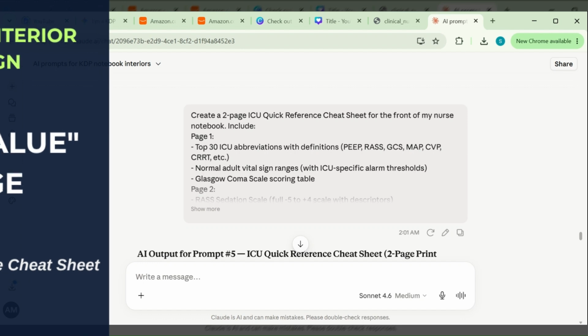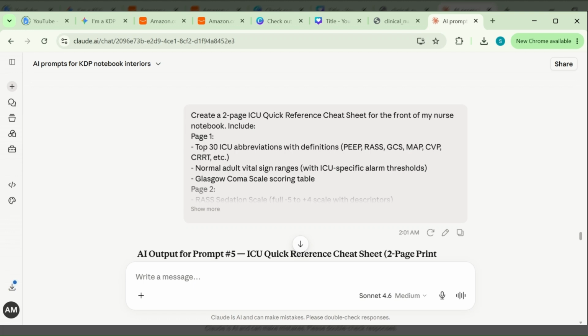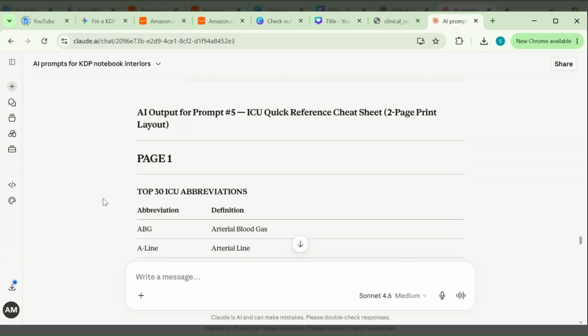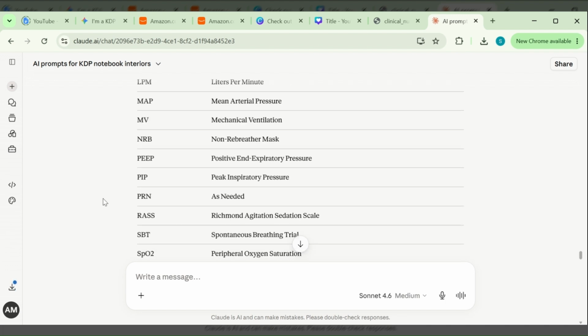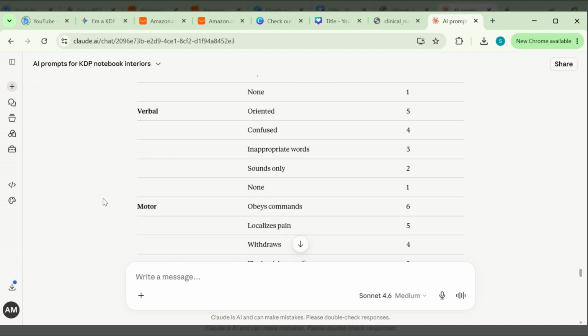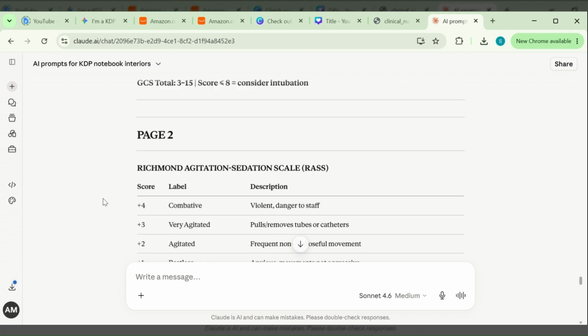This next page is the value page. It's the quick reference cheat sheet that makes this notebook a piece of equipment, not just a journal. This is the output in 2 pages. Page 1 with top 30 ICU abbreviation list, normal adult vital signs, and page 2 with many important topics like RASS, Richmond Agitation Sedation Scales,